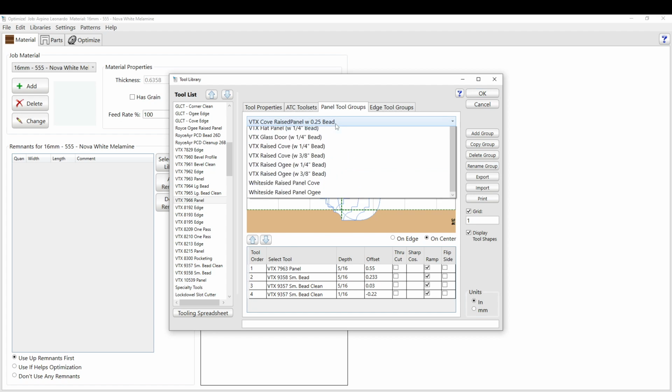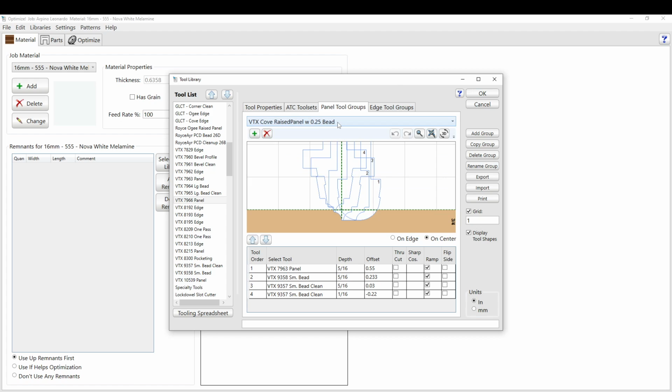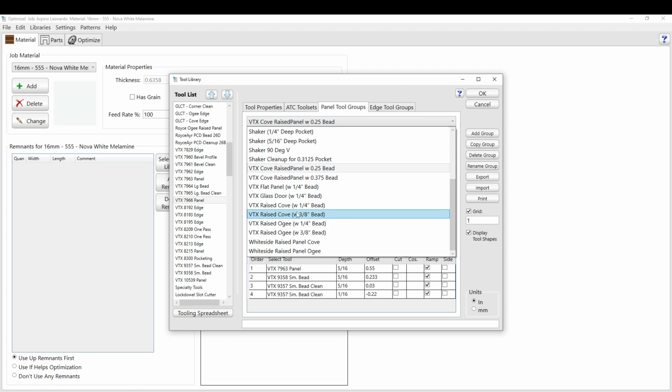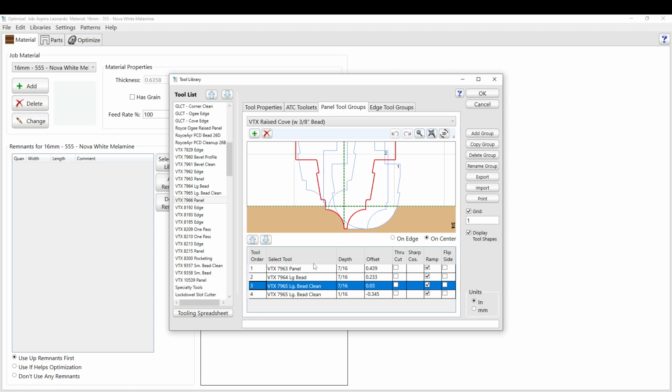So once you've set your panel tool group up, you can set up a bunch of different ones. They also have a bunch that are pre-built in here as well. So you can see these bits are all making different profiles. This guy's doing a little edge and then a round over, and then you got a big ball that comes and cleans out